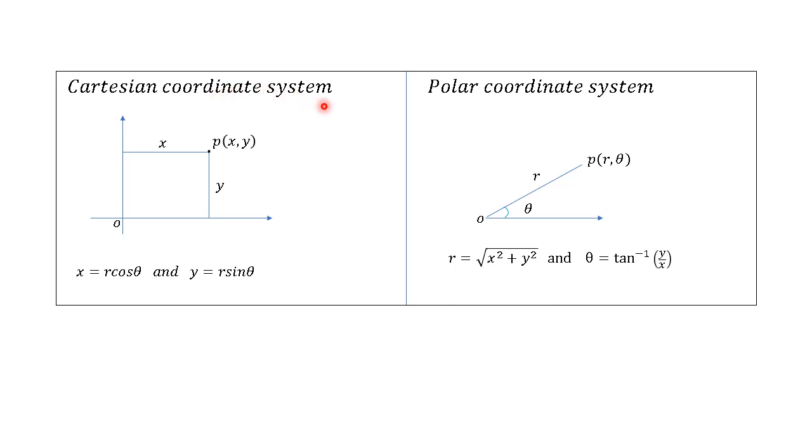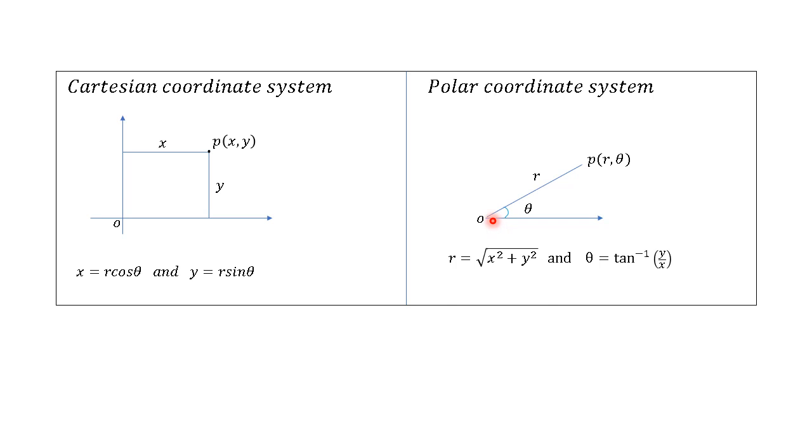Next, let us move on to one more coordinate system, that is the polar coordinate system. The polar coordinate system is an alternative coordinate system where the two values are r and theta instead of x and y. In mathematics, the polar coordinate system is a two-dimensional coordinate system in which each point on a plane is determined by a distance from a fixed point and an angle from a reference direction. In polar coordinates, points are labeled by r comma theta.